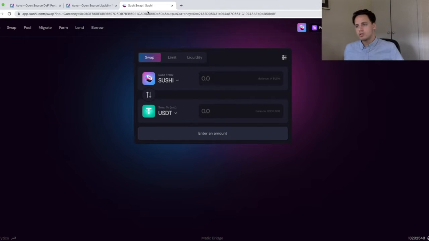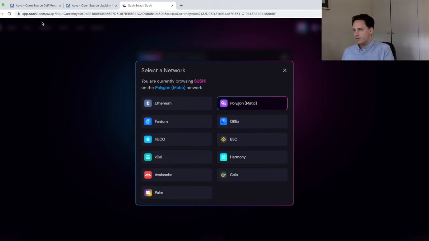So we're going to jump over to SushiSwap. SushiSwap is a decentralized exchange that uses an automated market maker to allow users to transact between different currencies or different crypto assets. So we can see that we're on the Polygon blockchain for SushiSwap at the moment, but we can see that they actually have launched on multiple blockchains. So there's 11 different blockchains there that you can use SushiSwap on. Ethereum and Polygon are the biggest markets because they are incentivized, but there's a few other ones where there are incentives and there's a reasonable market there.